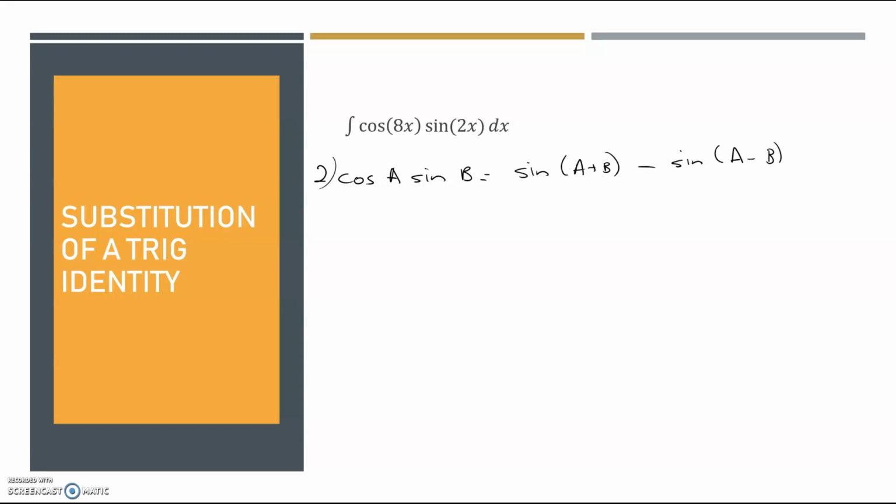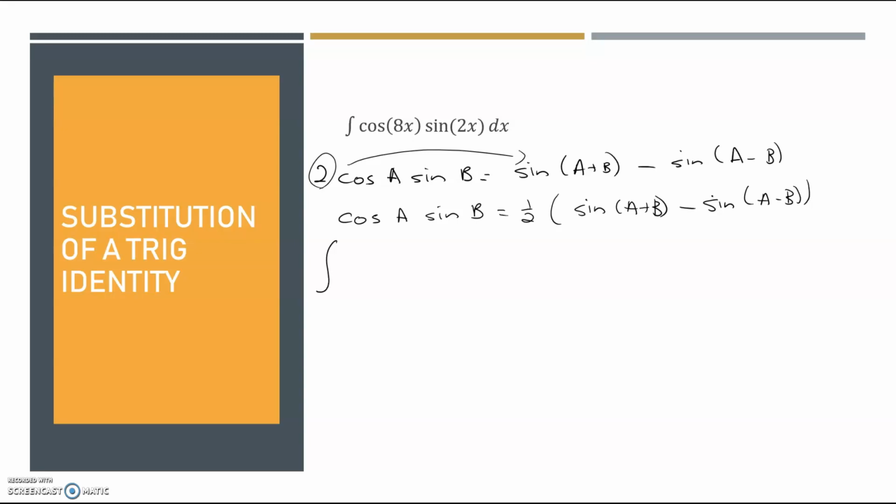And again, we would deal with the half by dividing both sides by 2. So that would give us that cos a sine b equals a half sine of the sum minus sine of the difference. So in the example that we've got,